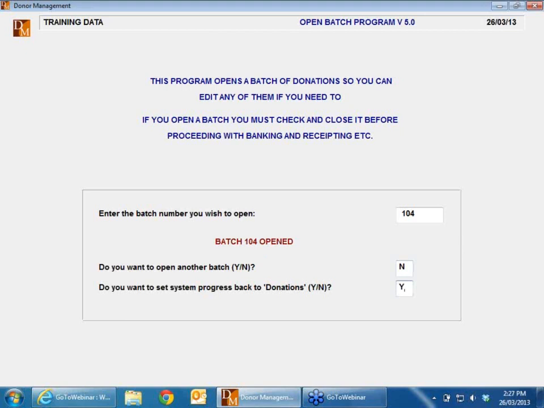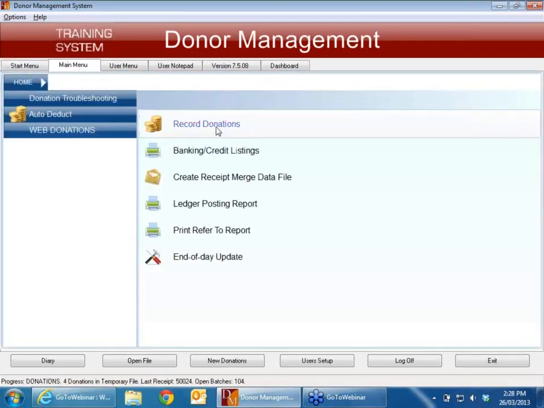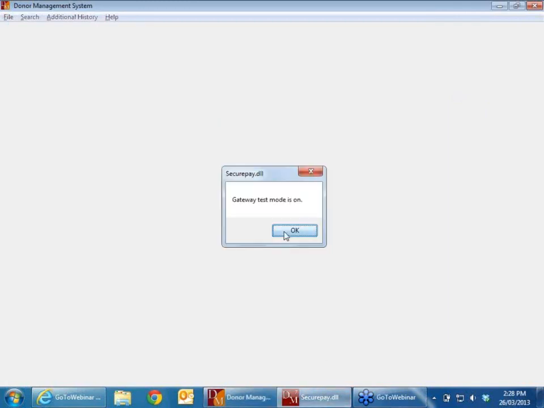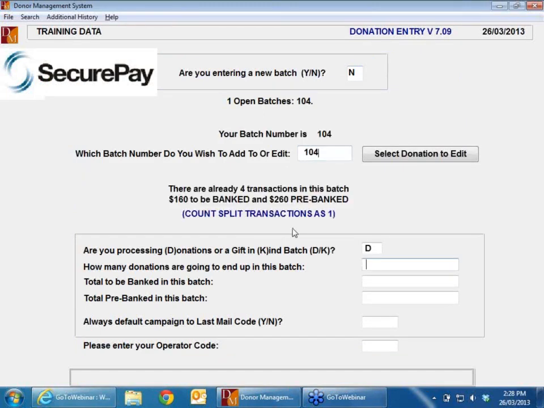donations, because if I've gone past donations and as I said I've done the banking or even up to the ledger report and I've then discovered the error, I have to force the system to go back to the donation stage in order to get back to the batch. So that means if I now go back into processing, record donations, so now I'm not starting a new batch, I can then pick up the batch again and change any details